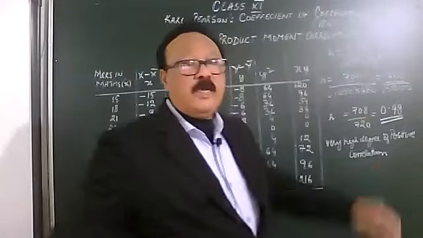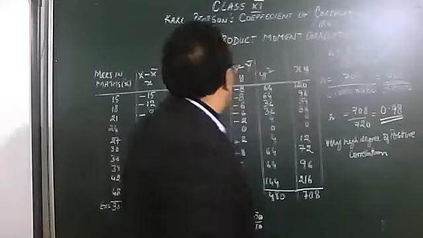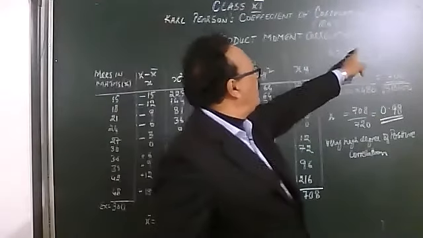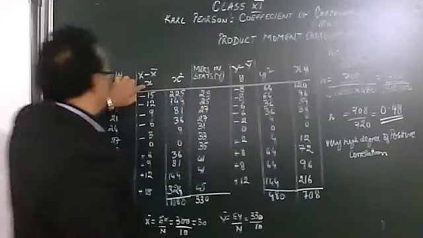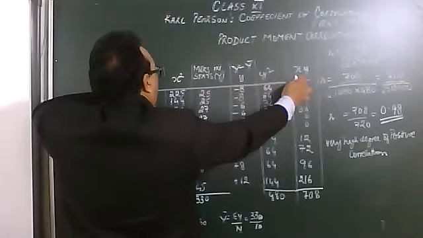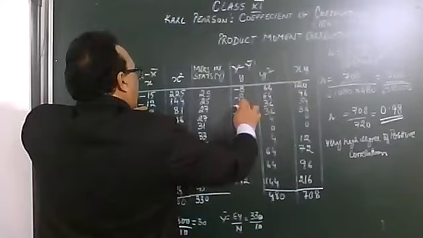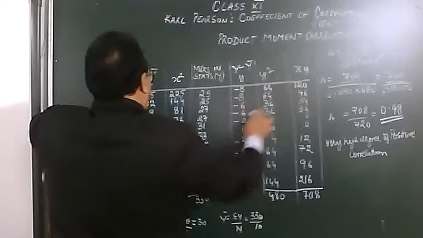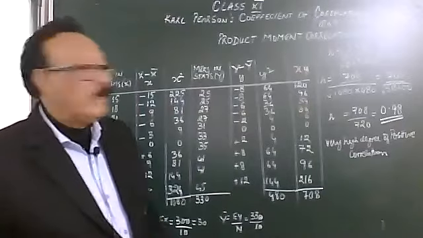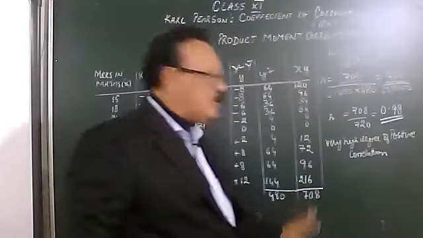So this will give you the next step. You need to sum x squared and you need to sum y squared, and you need to get the sum of x and y. So this small x and this small y you will multiply to get the next column, which is xy. So 15 into 8, 120, 12 8s are 96, 9 6s are 54, 6 6s are 36, and so on. Now we need the sum. Sigma means sum of xy. On adding we get 708.